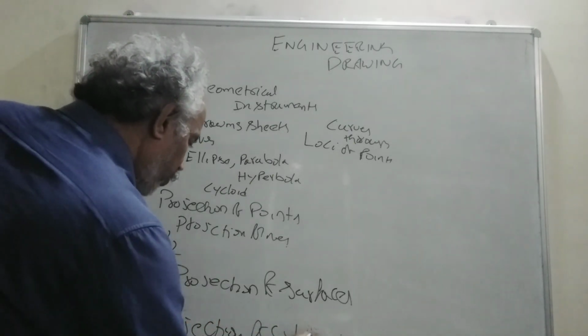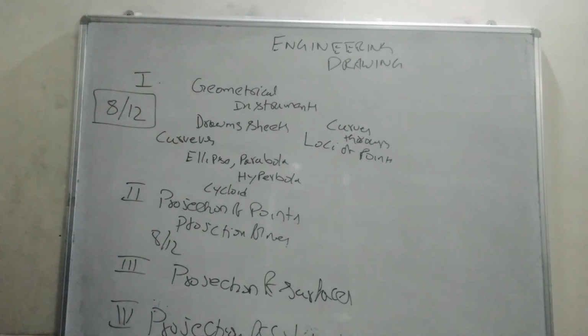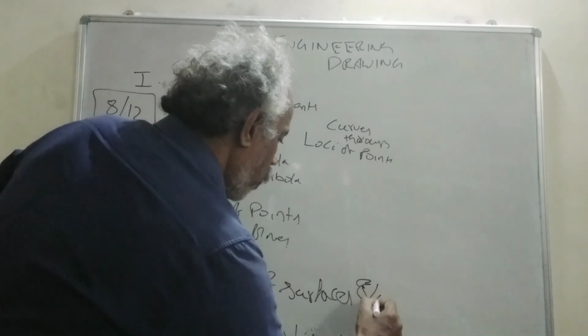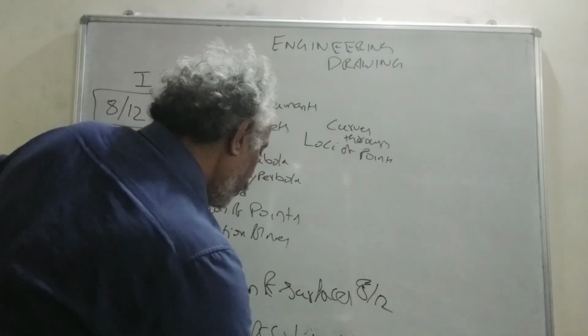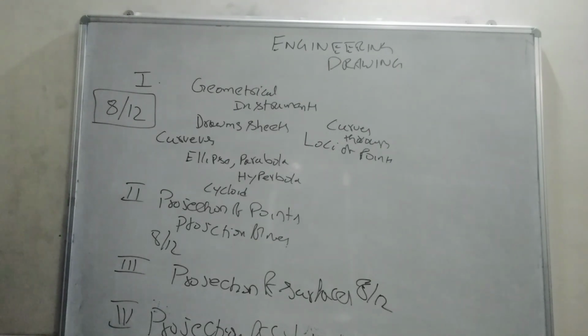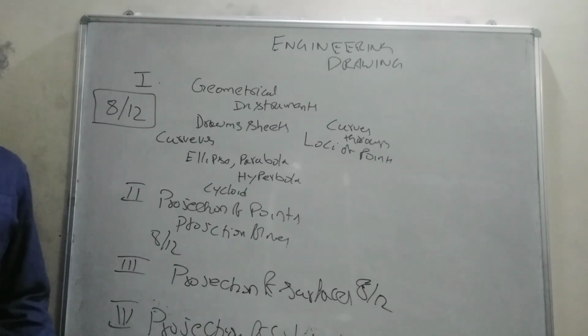solids. In this projection of solids, projection of surfaces is 8 to 12 classes, and the projection of solids is also 8 to 12 classes. There are different types of solids like prisms and pyramids. Basically, we have prisms, pyramids, cylinders, and cones. So there are 4 different categories of solids, and these solids are also placed in some particular orientation, and